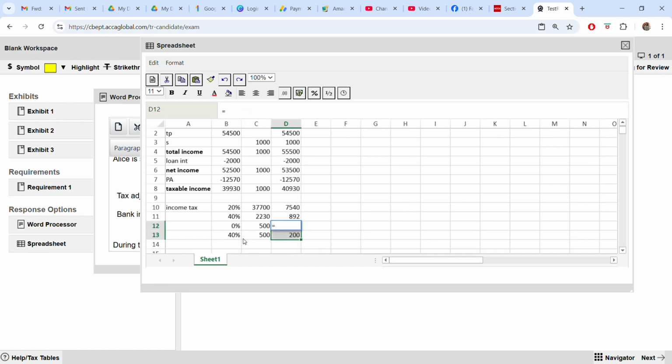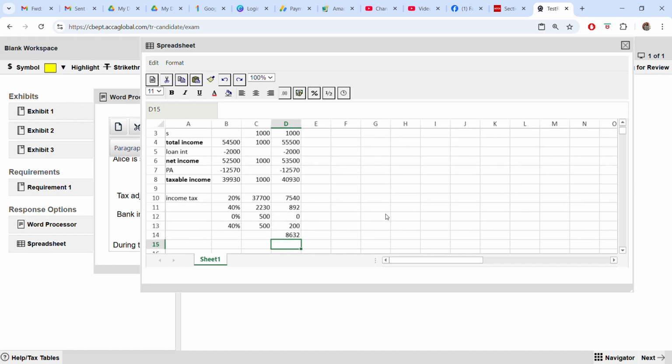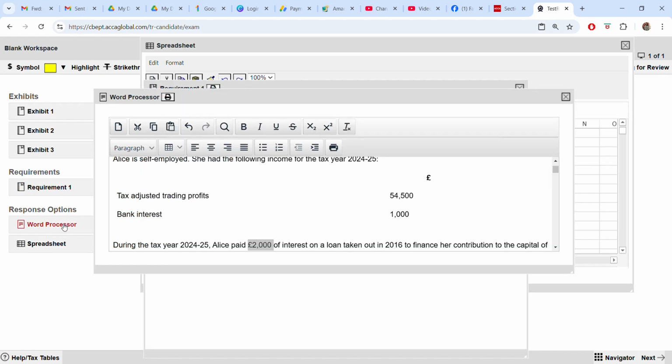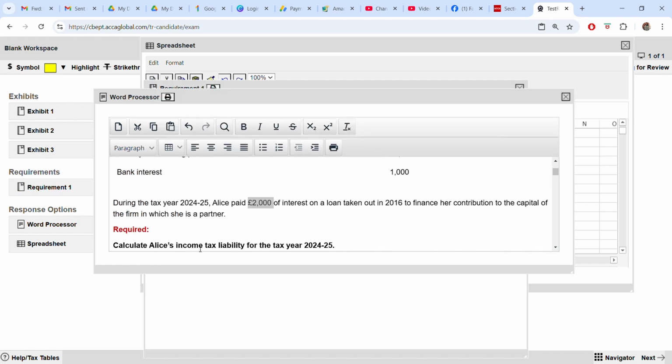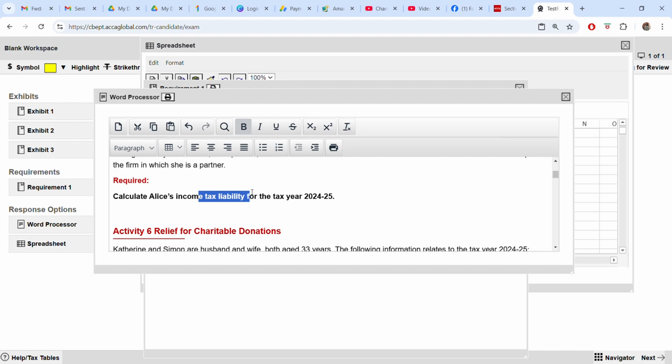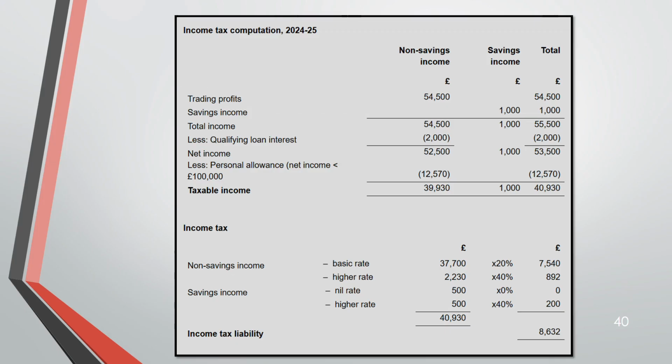Now take the sum function and get the total income tax payable. Add all the income tax calculated. 8632. This is your income tax liability, not income tax payable, because you did not deduct PAYE. The question in fact asked you for income tax liability. So this is the answer for activity 5, the qualifying loan interest, where we have calculated the income tax liability, which is